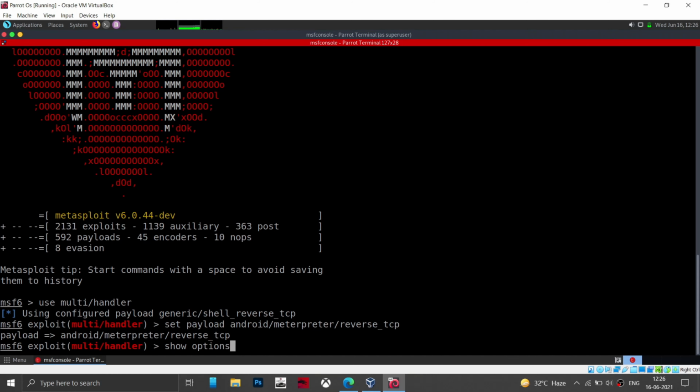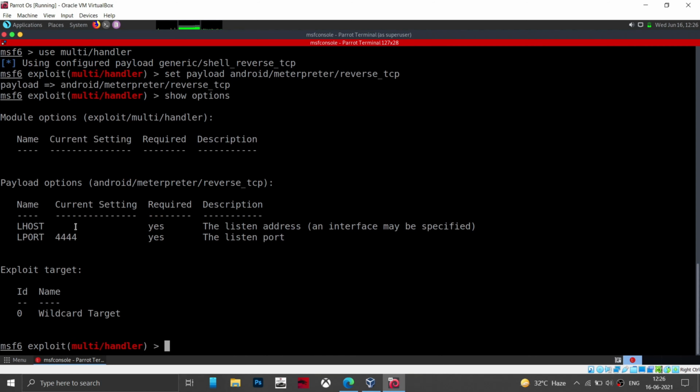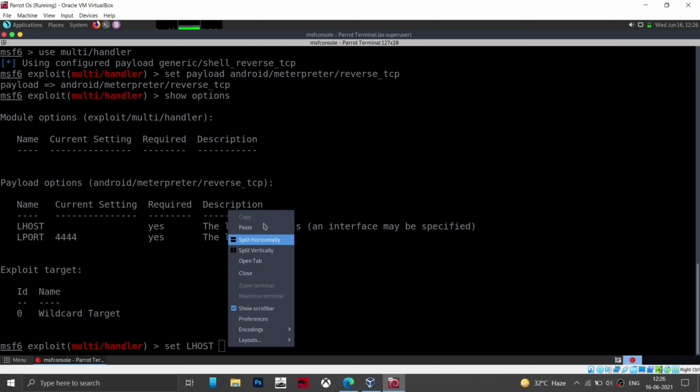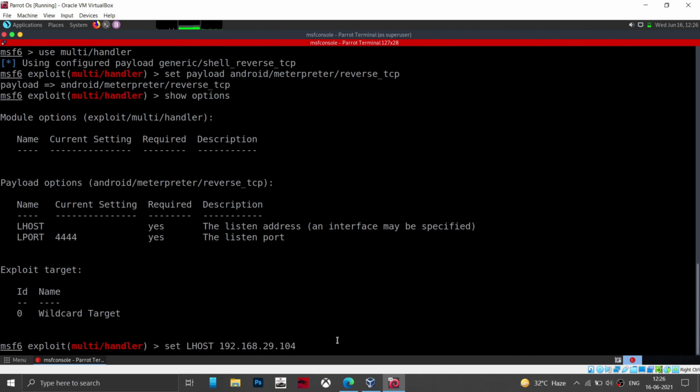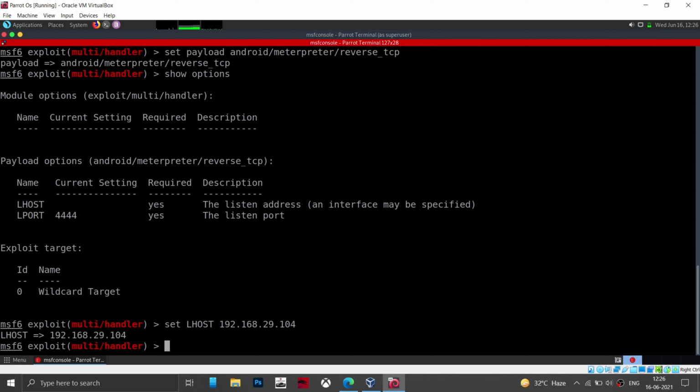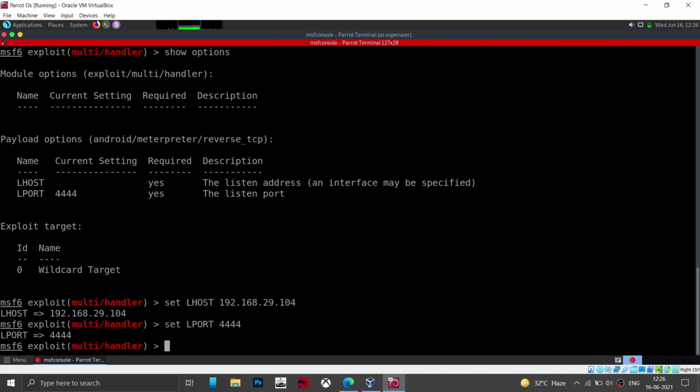Now show options. As you can see, our lhost is not set, so we have to set it. Set lhost. Now you have to paste your IP address here. So let me paste it. I remember it, so I was typing, but for the sake of convenience, let me paste it. So it is done. Now you have to set the port. It is already set, but for the sake of convenience, let me set it again. Now it is done. Now you have to finally type exploit.